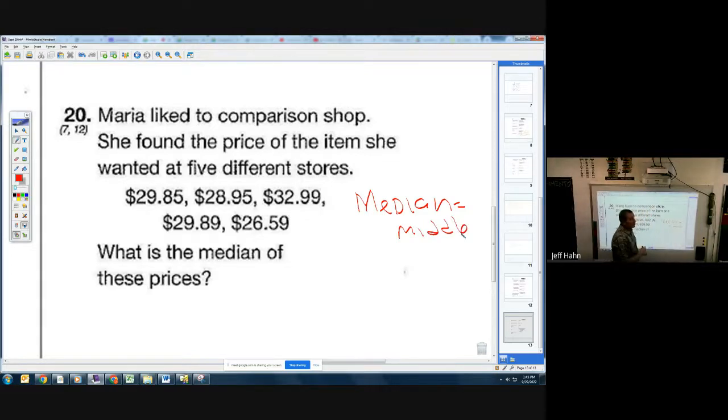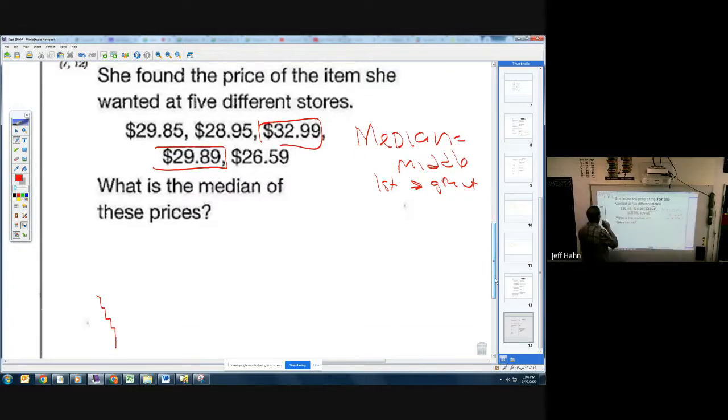However, it is the middle number when it's listed from least to greatest, which means you cannot just say, oh, there are 5 numbers, it's the third number, because they're not in order from least to greatest. So step number 1 is you need to take these numbers and arrange them so the smallest one is first, which to me looks like